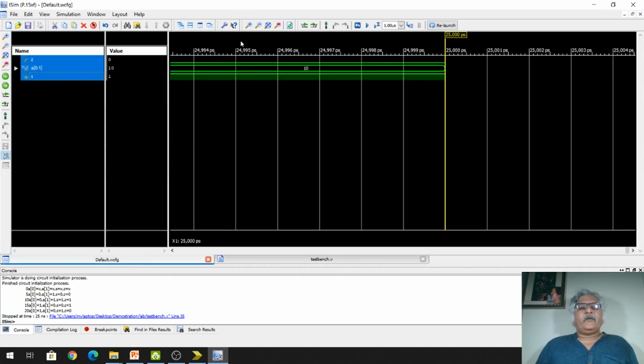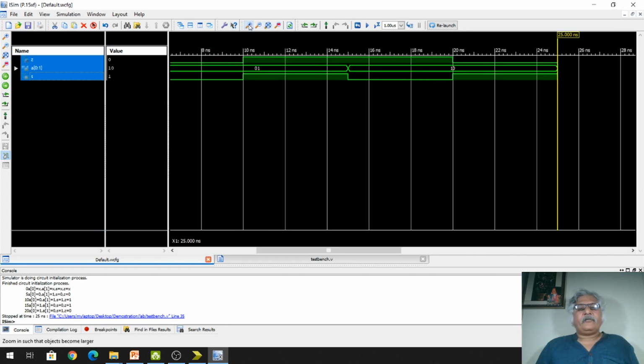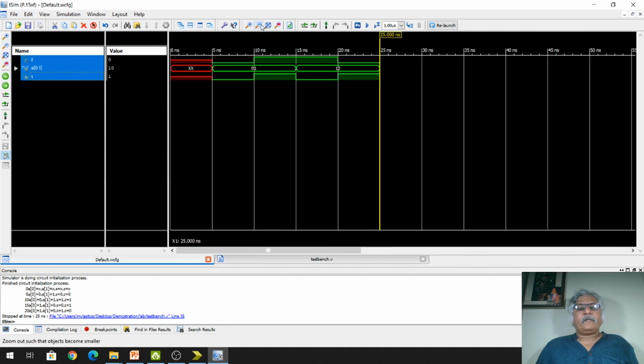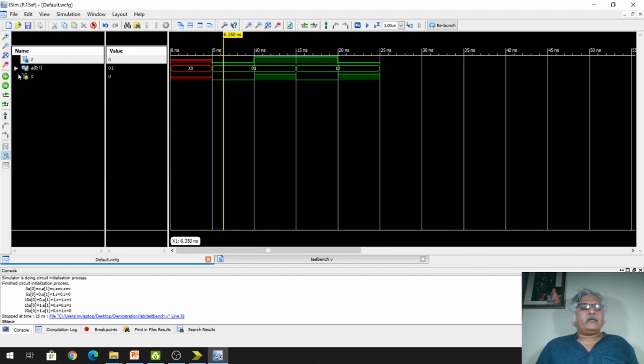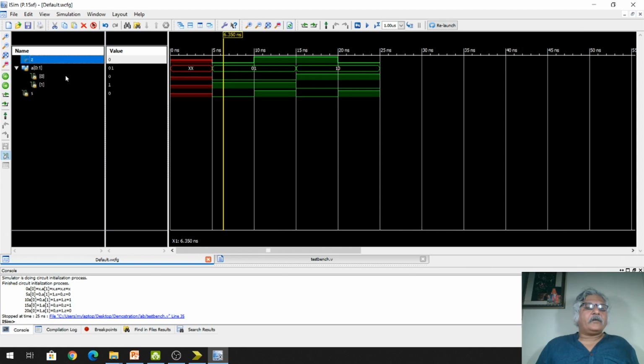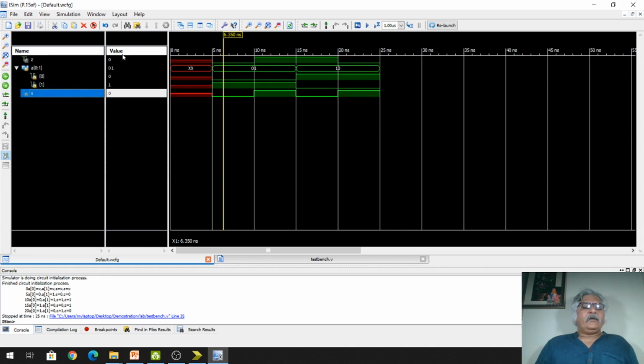So now in this waveform you will find if S is 0, then the A0 value will be transferred to Z, and if S is 1, then the A1 value will be transferred to Z. Here you see, first one is Z, then here you see A0, A1 and S. So at this time of the simulation S is 0.